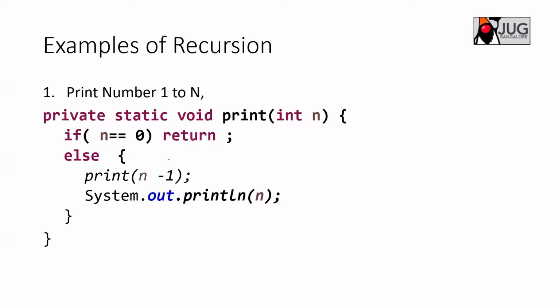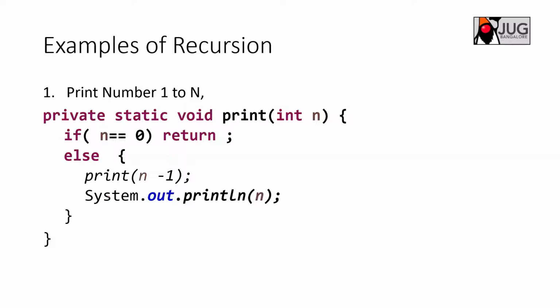For example, let's see this example where you're trying to print numbers from 1 to n, right? Given 5, you need to print 1 2 3 4 5. If n is 1000, you need to print from 1 to 1000. So I'm printing from 1 to n, passing n. For example, if I pass 5, then 1 2 3 4 5 should be printed.